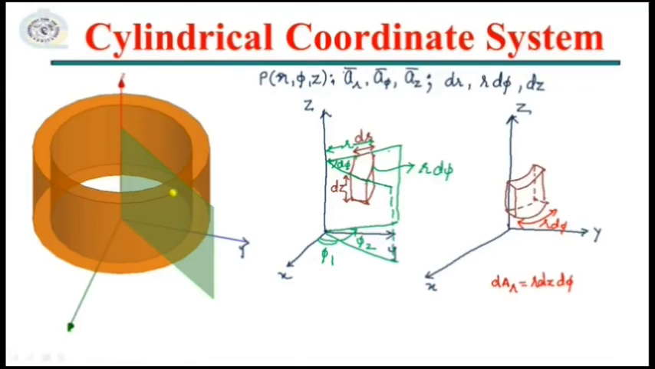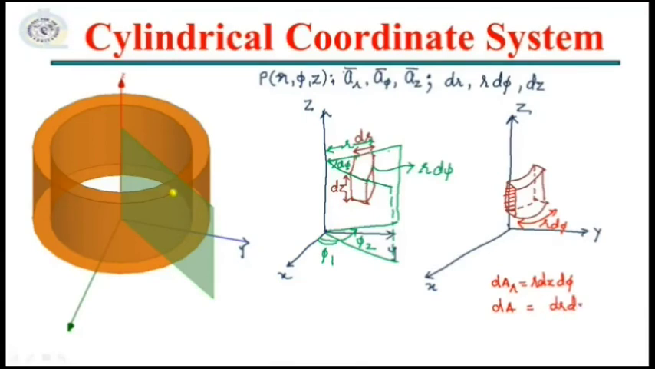Now this particular phase, let me just highlight it, this phase. Now this will be the height into this length. Now what is this length? This is the radius, the thickness. So dr into dz. So I have dA equal to